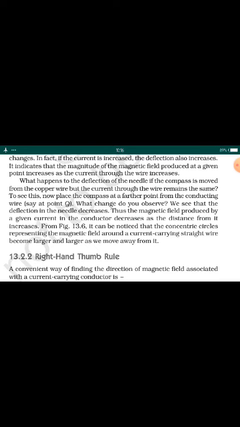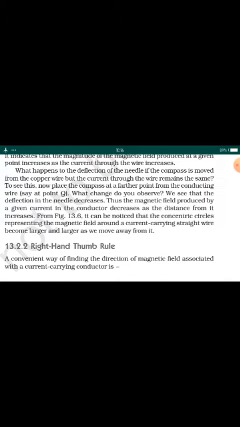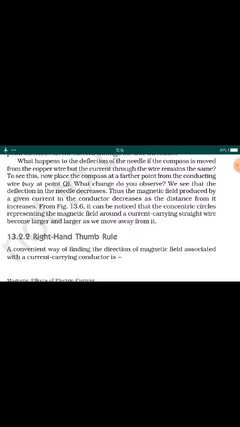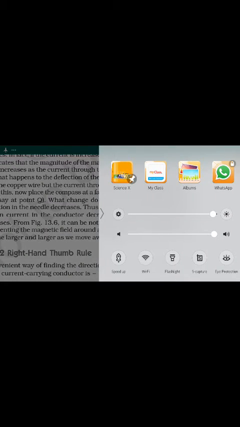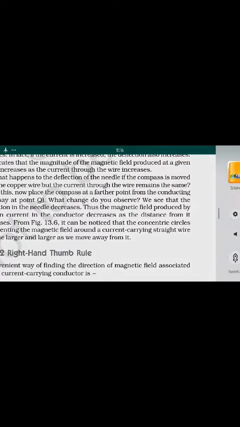Distance बढ़ता है। In figure 13.6, it can be noticed that the concentric circles representing the magnetic field around a current carrying straight wire become larger and larger as we move away from it. तो जो है वो लार्जर एंड लार्जर होता रहता है।